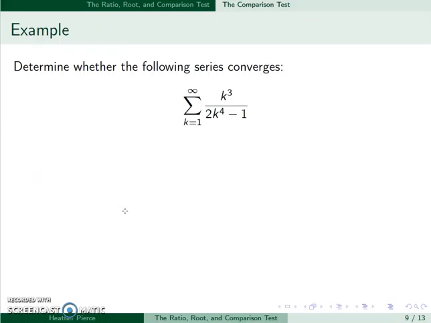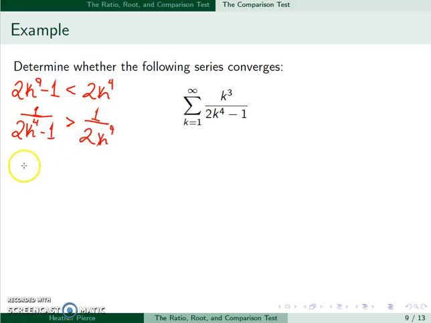So now let's consider this one. If we look at just the k's, I have k cubed over k to the fourth, which would be 1 over k. So we may want to compare it to something like that. And we will. So we're going to start with the denominator and realize 2k to the fourth minus 1 is less than 2 times k to the fourth, which means 2k to the fourth minus 1, if I put that on the denominator, it's greater than 1 over 2k to